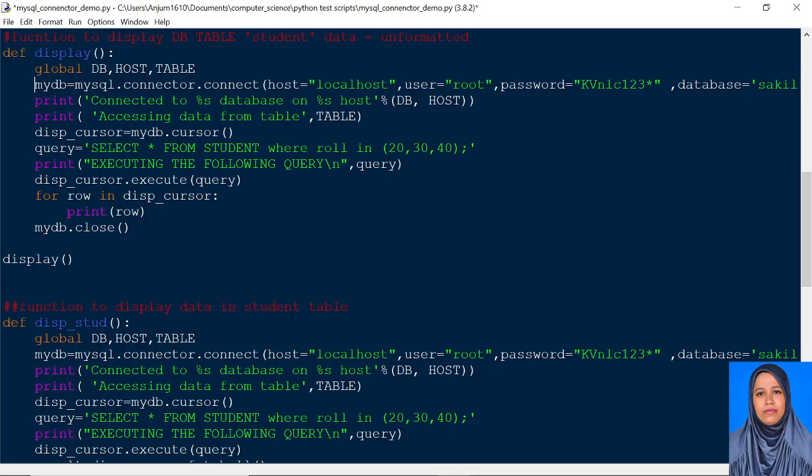Then on top of the connection, once this connect method has returned a connection object, MySQL connection object, that connection object we have named as MyDB. Now using MyDB connection object, I am creating a cursor object. The cursor object is now part of the MyDB connection object. It is an attribute of the MyDB connection object. The cursor method belongs to the connection object. I am calling the cursor method of connection object, which returns a MySQL cursor object, which I am naming as